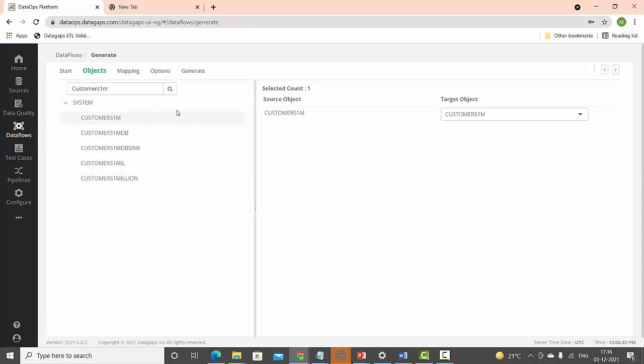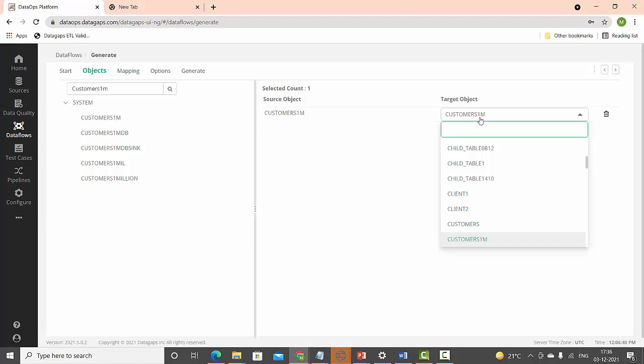You just select that and drag and drop onto the right-hand side. Once you drag and drop the table name, it automatically finds the target object, which is the Snowflake table name. If the table name is the same between source and target, it automatically populates the table name here. You need not select this table name again.